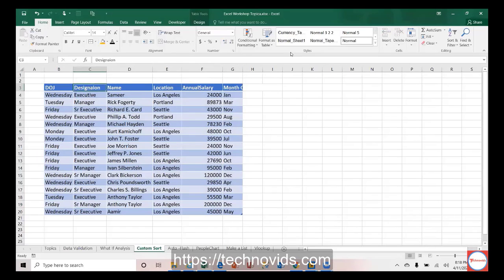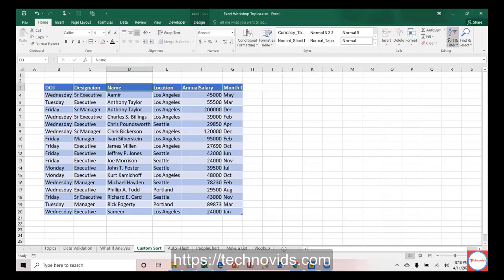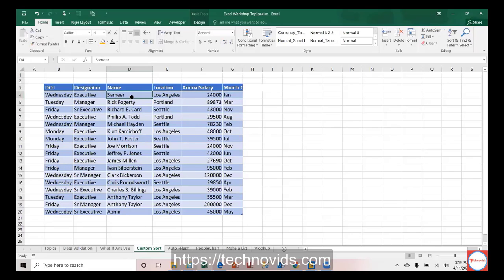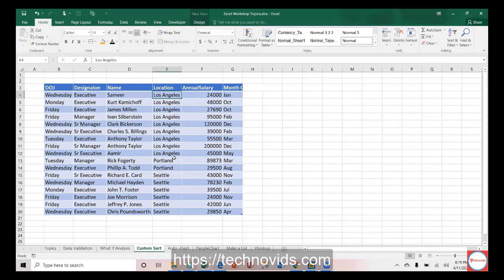If I want to sort by the name of a person, I can just click that column and go with A to Z. So Amir is the first person and Samir is the last person. Similarly, if I want the reverse way, Z to A, I think we all know this. Samir is the S, so it comes at the top. Similarly, by location, if you want to sort it, Los Angeles is first, then Seattle is next, and so on.